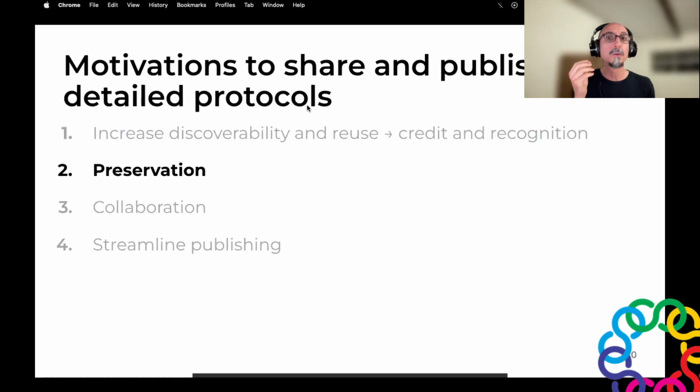Another reason to make your protocols public is to guarantee preservation and to facilitate seamless continuity of the work inside your laboratories. As we mentioned before, a large fraction of a lab personnel is floating. Students graduate and leave and so on. Publishing your protocols makes them persistent citable objects that will be permanently stored in your workspace as well as in the open access repository.